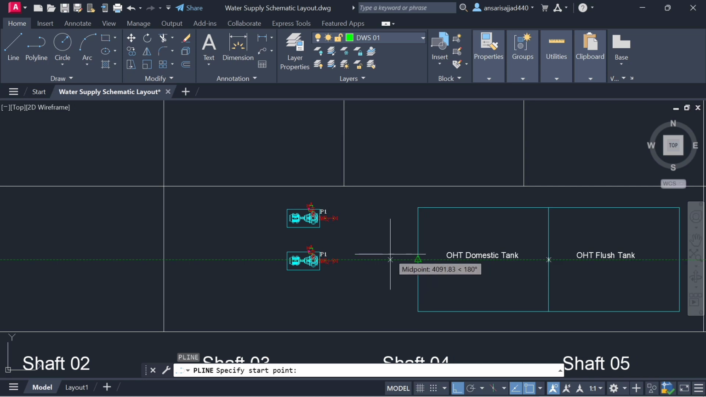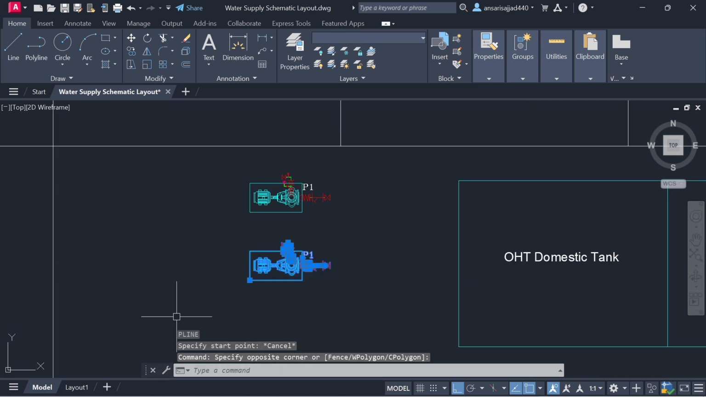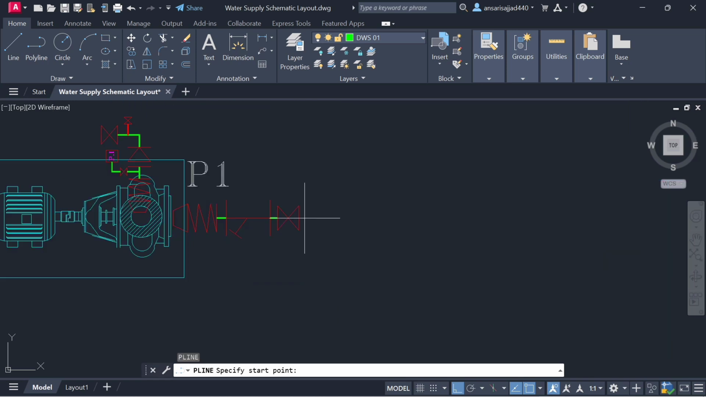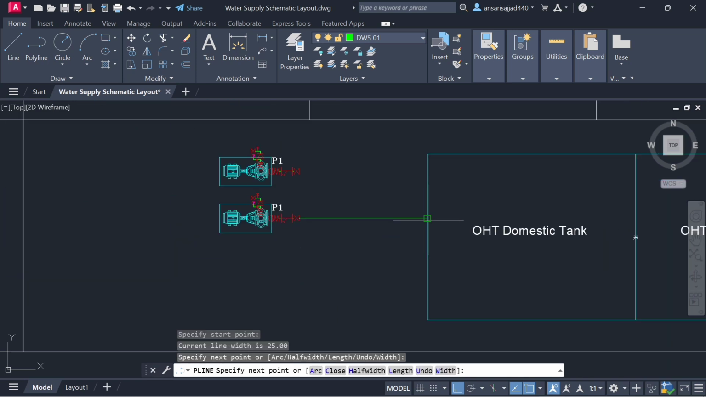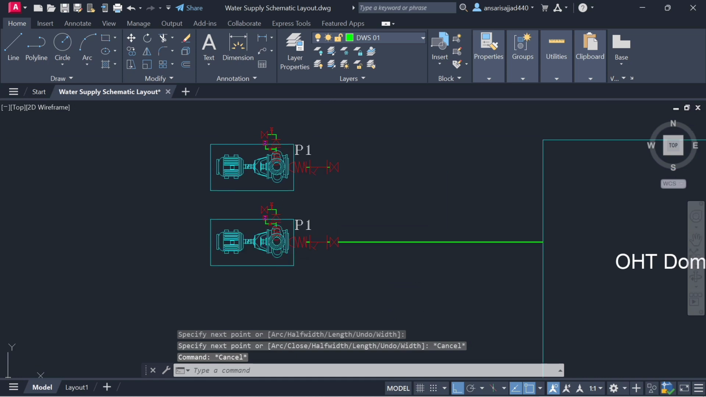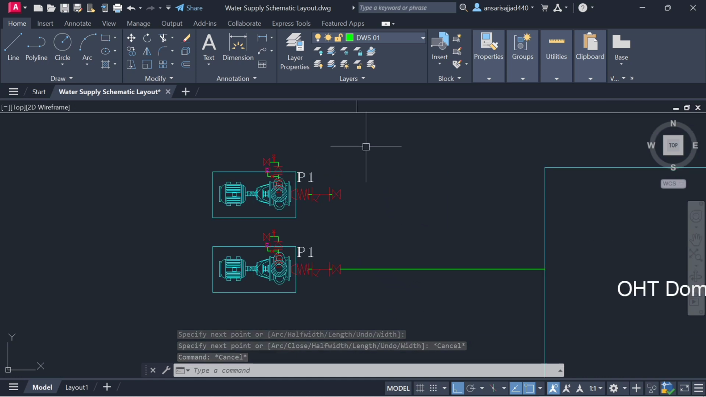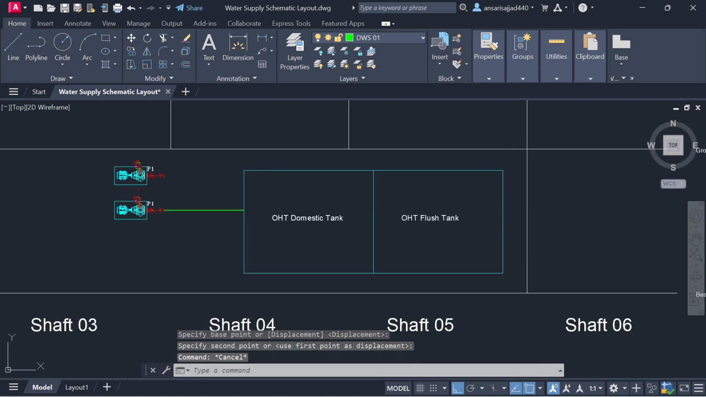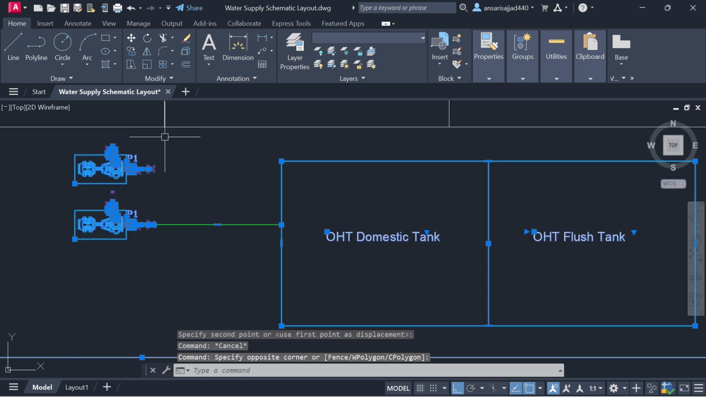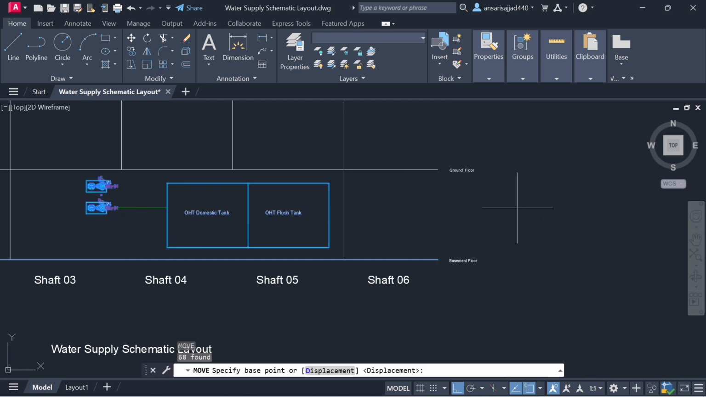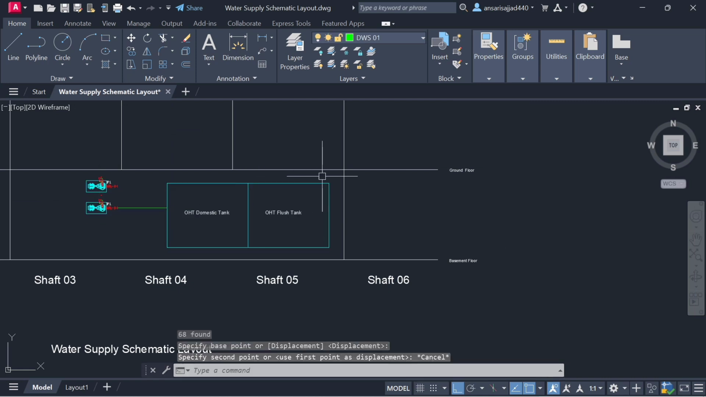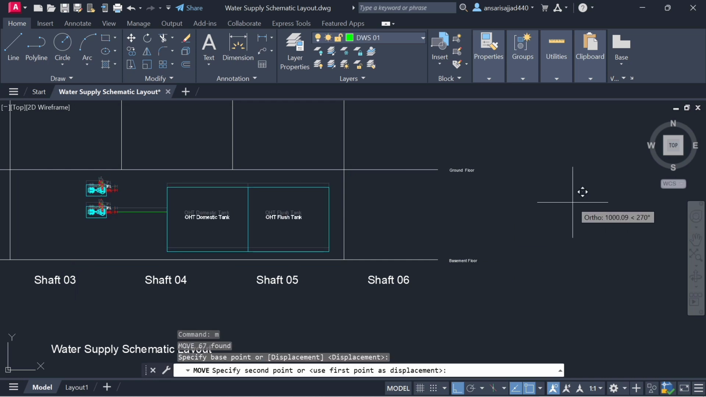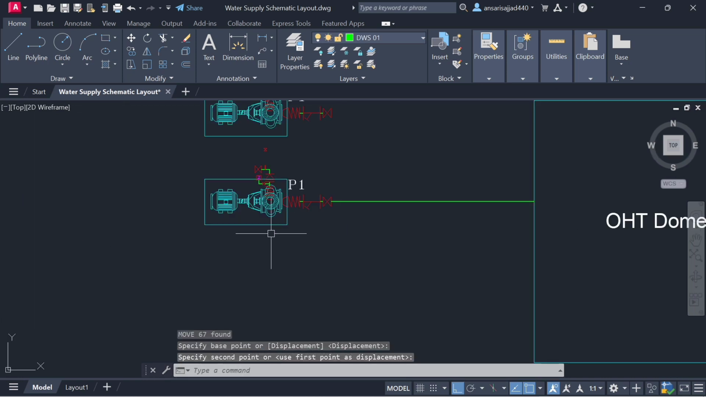see, from the domestic tank, okay, this is our domestic tank, all of you know. So from the domestic tank, this is the suction line. Suppose the water is coming from here, suction line of the pump, and this pump you can just move it a little bit. Otherwise what you can do, select the complete and use the move command. See, and a little bit here. Okay, so this is my